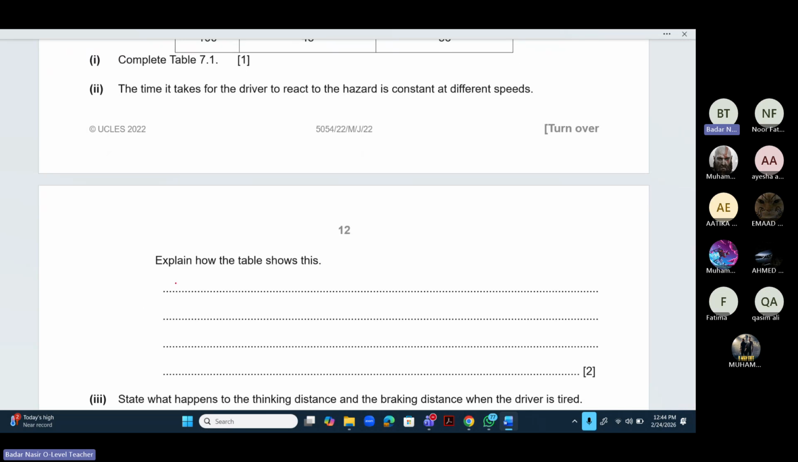So हम इसको in short में कह सकता हूँ कि both speed of car and thinking distance increases at a constant trend, ठीक है। सो 1 मार्क हमें इस बात का मिल जाएगा। दूसरा आप उसको थोड़ा सा